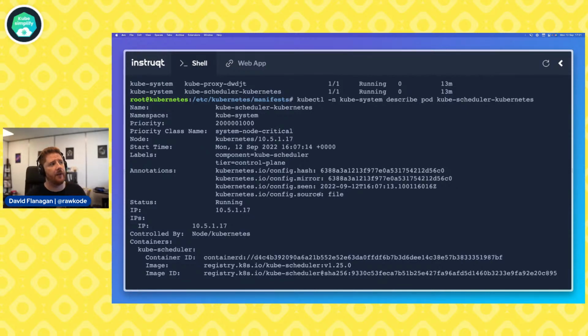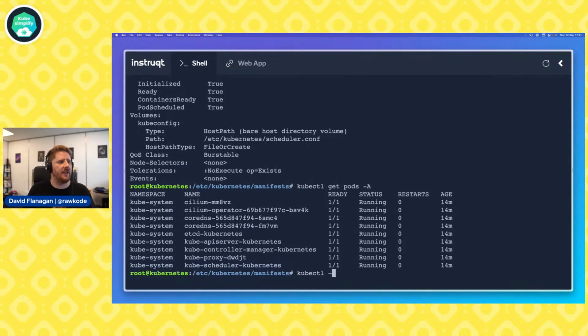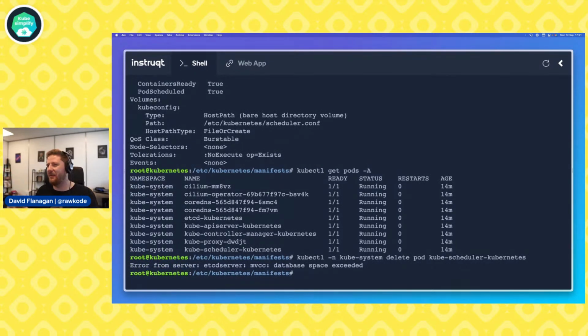So the kubelet is actually injecting these annotations. I'm assuming that's a hash of the file as it stands right now, and a hash of the applied configuration to the mirror pod. Those are the same, so the kubelet knows it doesn't have to make any changes, plus the time that the change was seen, and the source of the file. So we actually do have a way to tell if it's a mirror pod, which is cool. Let's try and delete it. I don't think you can. I think it just pretends to delete. Well, we have another bug in this cluster. We'll try that again, maybe when we fix it.